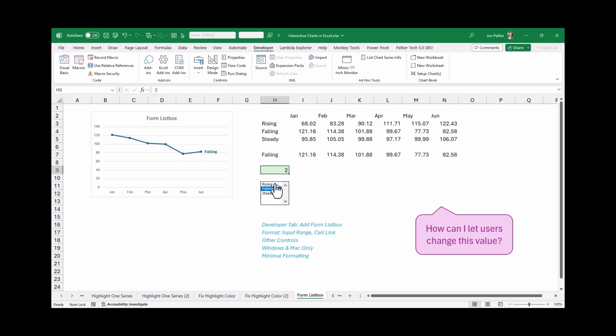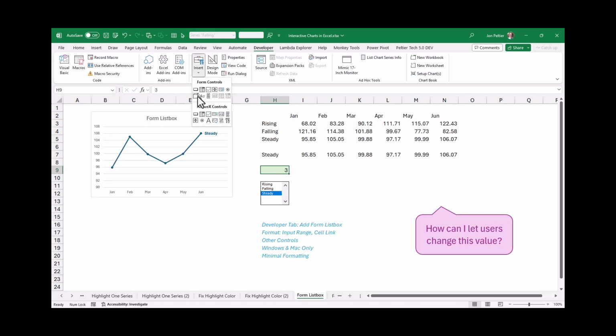And it's actually a really easy way of working this. And even if the list box is on a protected sheet, clicking it will still change the value in that cell. And I like a list box because it shows all the items at once. If you need to use less space though, you could use, let me click here, there's also a combo box,